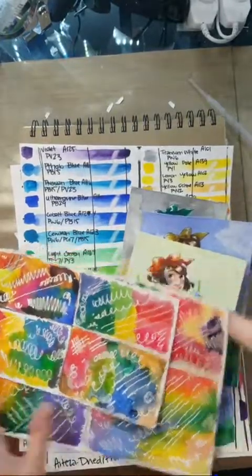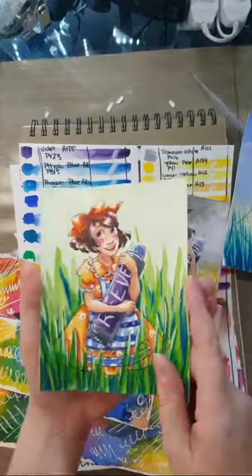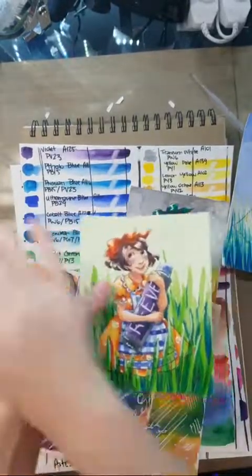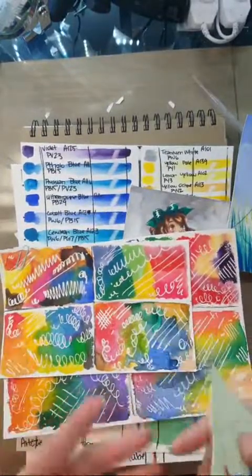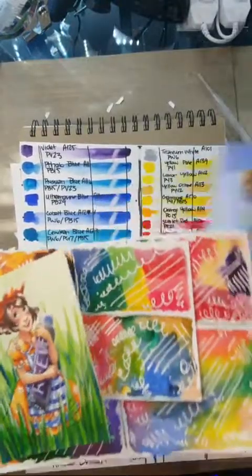Let me see if I can find. So for this illustration, you can still see some shiny. I masked off the grass. I painted the grass and then I masked it off with gum arabic, and then I painted the orange on top of it, and it gives kind of a softer edge because I find that masking fluid leaves too hard an edge and it looks like you can tell I masked it off. So